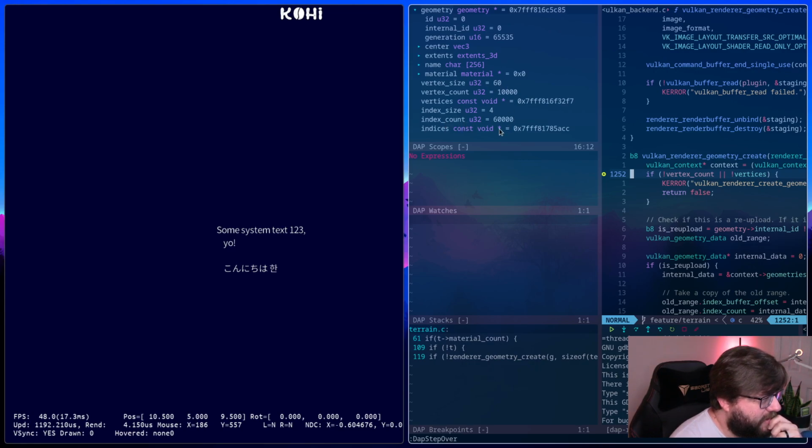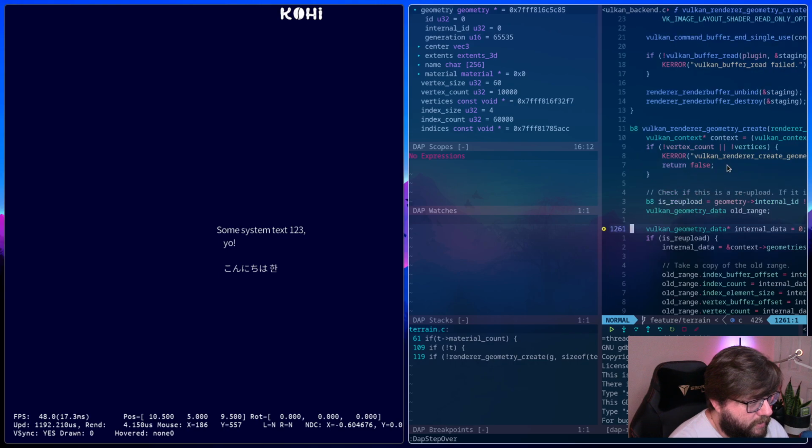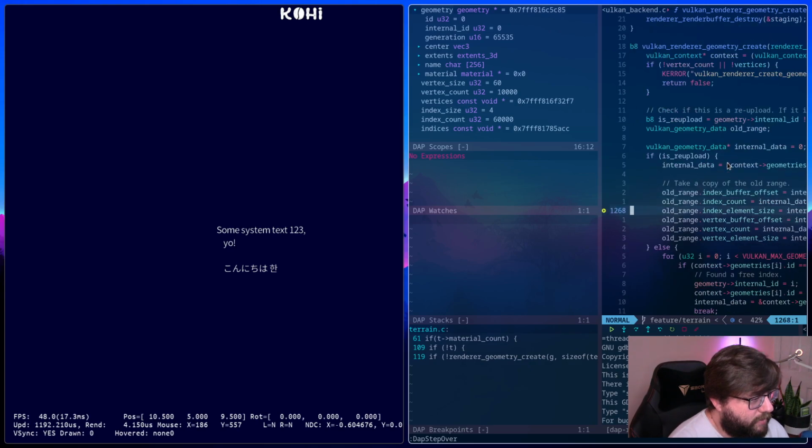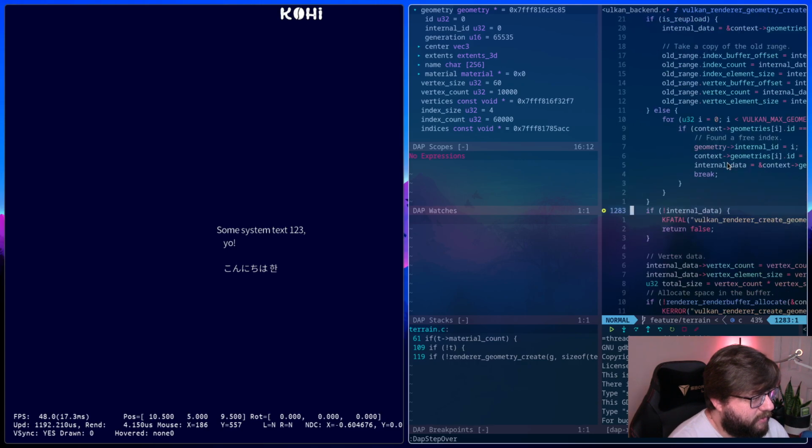Okay, so those are correct. Vertex size is 60. That also seems correct. Oh, was I looking at the old range, perhaps?